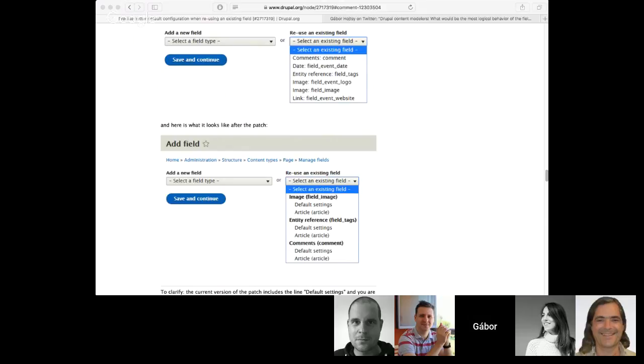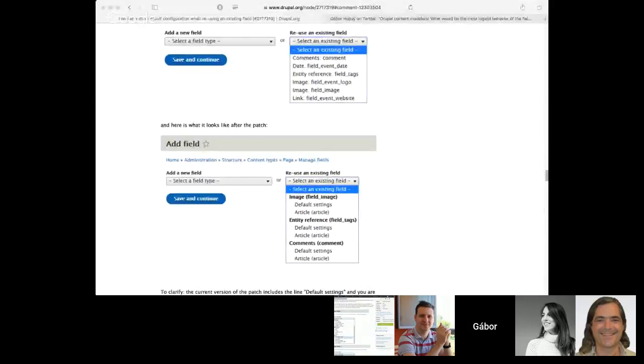Just to widen the scope of the discussion, at least a bit further. Yeah, for this patch, I think so. One of the confusing elements from this drop down was the default settings element, which is unlikely to be needed. For the examples I've collected, this option is not necessary. So if we can at least remove that one and make this more